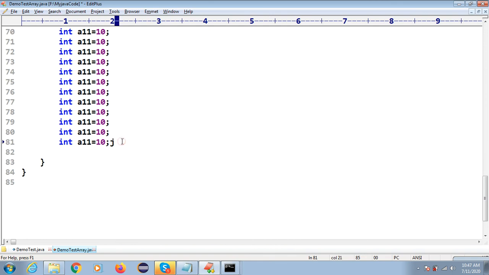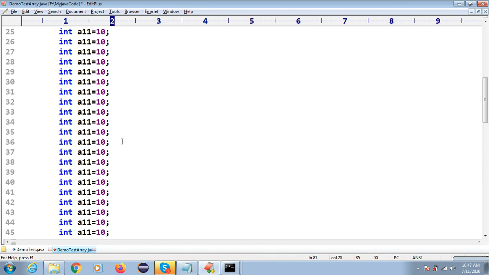In an array, you can store multiple elements in a single variable. You can store homogeneous type and heterogeneous type elements or objects inside this array. But we have many disadvantages of an array. The disadvantage of an array is, once you develop the code, if you have given the size of the array as 5 or 10 or 20, you cannot change that value.